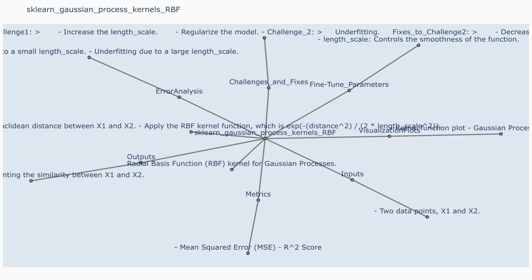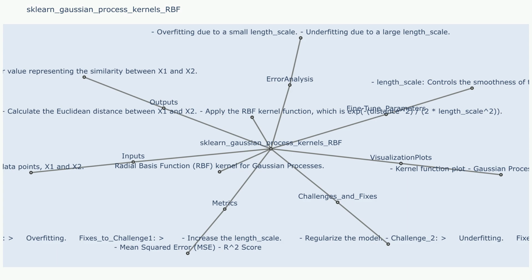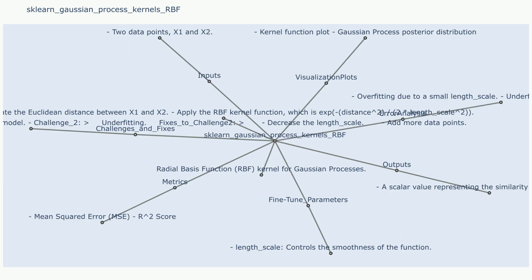Sklearn Gaussian process kernels (RBF). Description: the radial basis function (RBF) kernel, also known as the Gaussian kernel, is a widely used kernel in Gaussian process (GP) regression. It's a stationary kernel that measures the similarity between two data points based on the Euclidean distance between them. The RBF kernel assumes that data points that are closer in the feature space are more likely to have similar